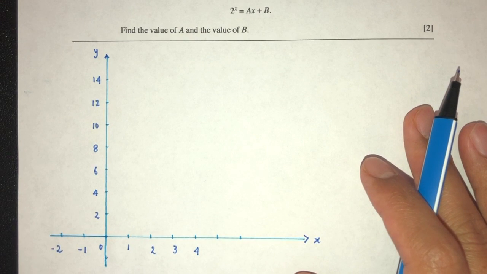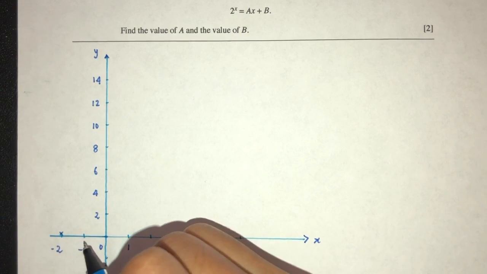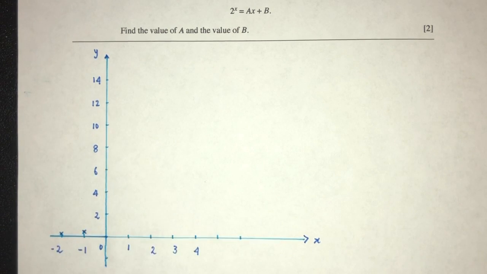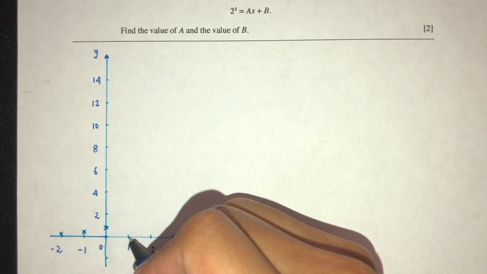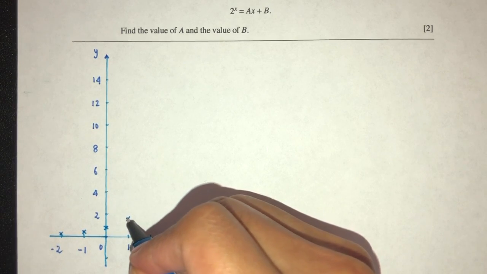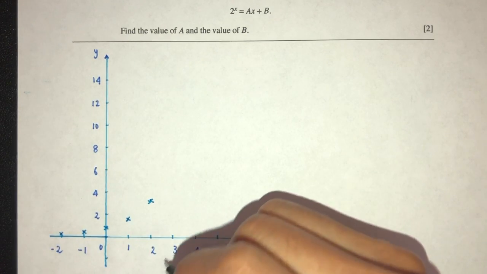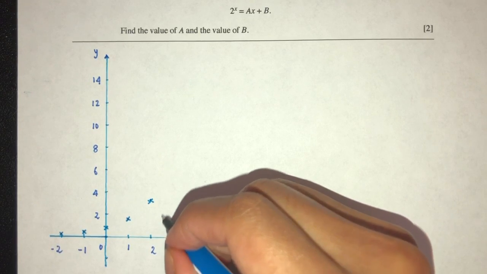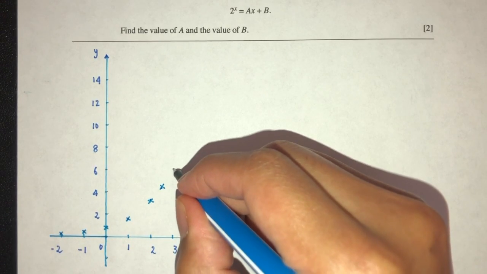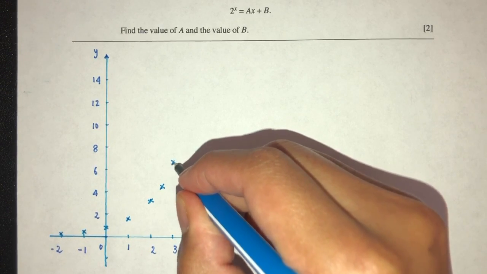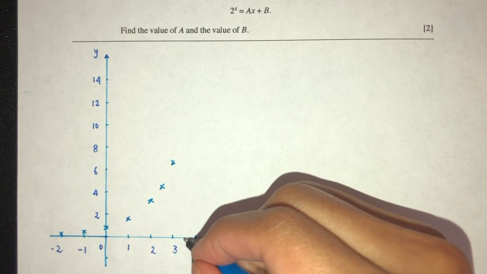So first one I have minus 2, 0.2, should be somewhere over here. Minus 1, 0.4 should be somewhere over here. Then we have 0, 0.8 somewhere over here. 1, 1.6 somewhere over here. 2, 3.2 somewhere over here. And we have 2.5, 4.5 somewhere over here. Then we have 3, 6.4 somewhere over here. Then we have 3.5, 9.1